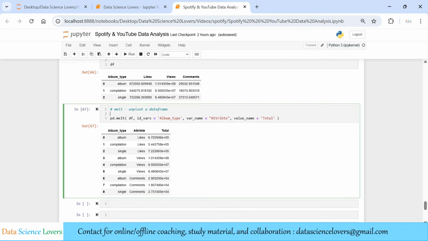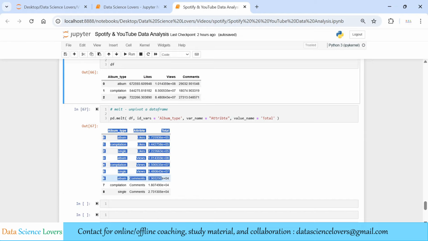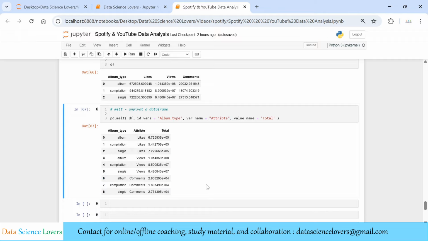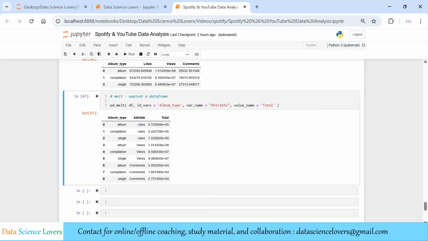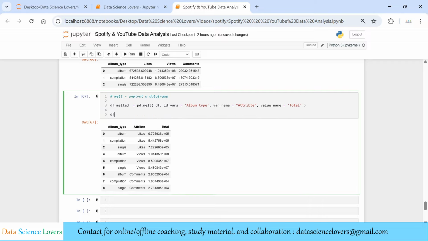So simply you can say melt means unpivot a data frame. Earlier the data frame was in this format. Now after melting, the data frame is changed to this format, which will be used to draw the bar plot. We will save this output in another variable. Suppose we can give df_melted. Okay, you can give any name here,